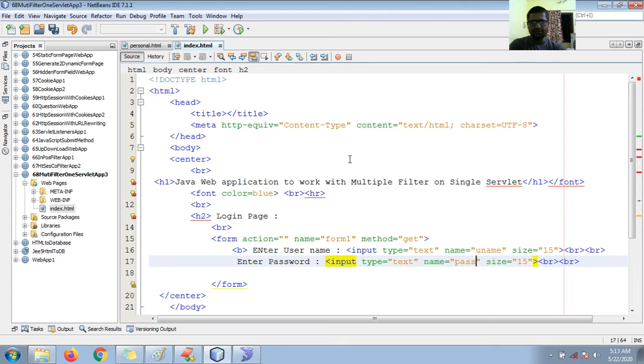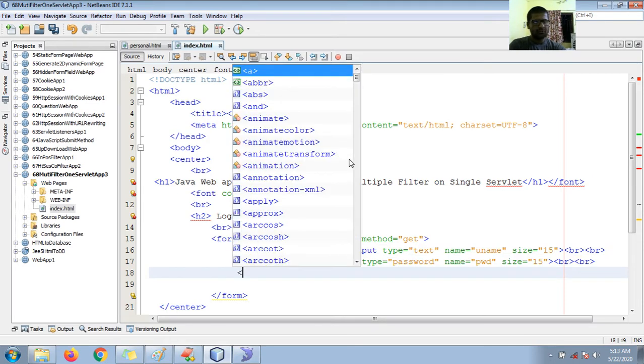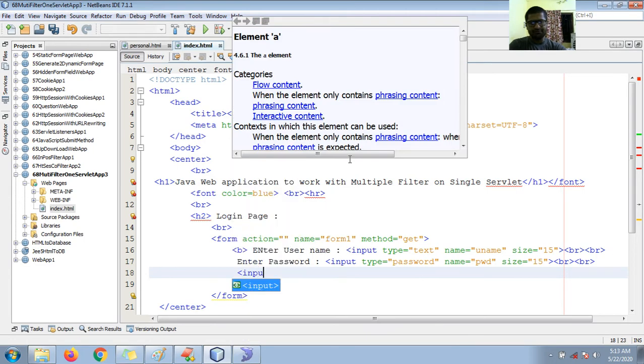So here you can call name password. So here you can go for password name pass, or you can use here pwd password. Okay, fine. Break tag, and then so simply input